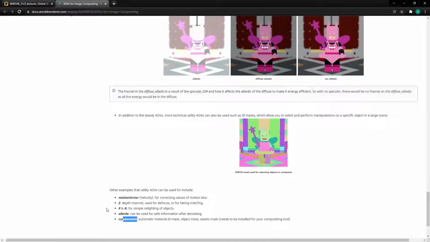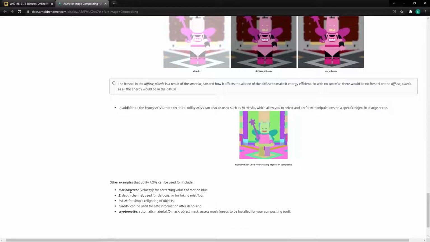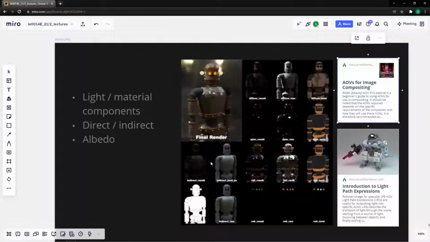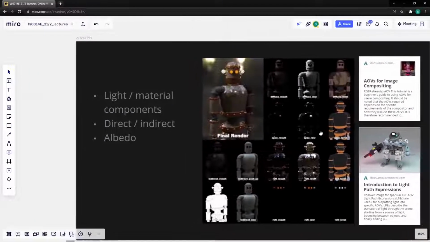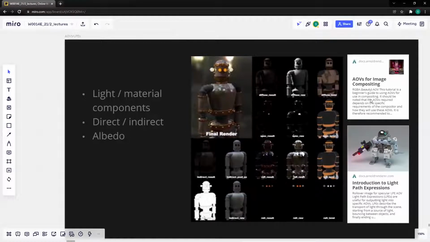So that's why Cryptomat is quite useful. There's also a few other AOVs, which I'll get back to in just a little bit. But the basic AOVs and the most go-to and often used ones would be the basic lighting and material ones. Good to know about is that in some software this might be referred to as light path expressions directly, or